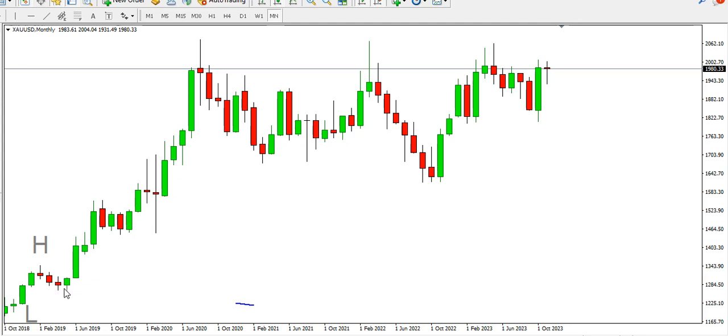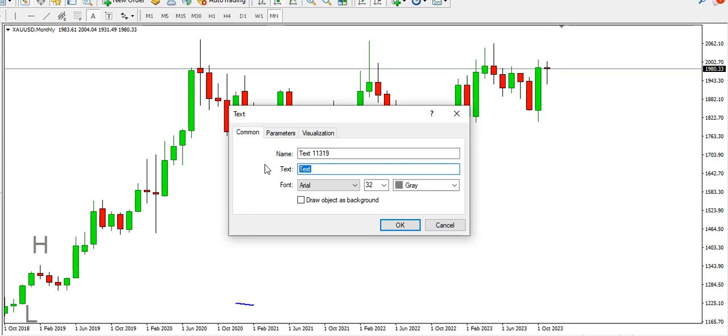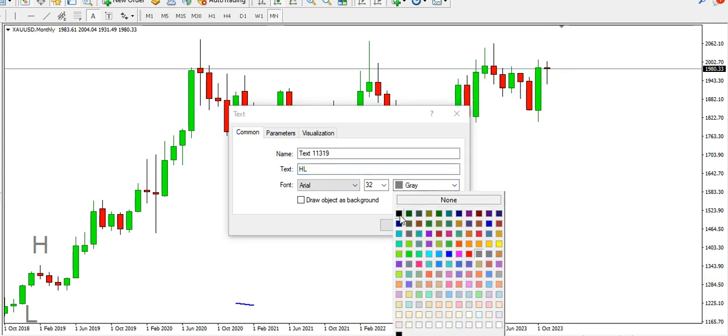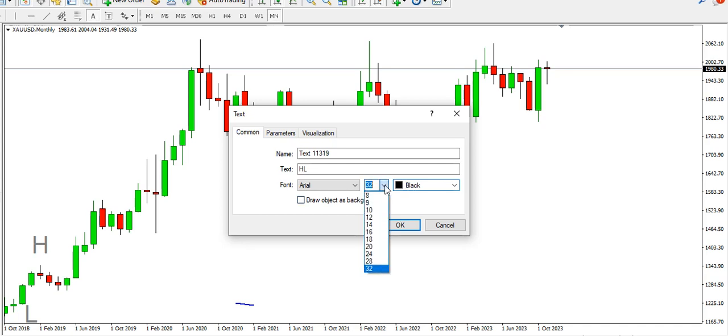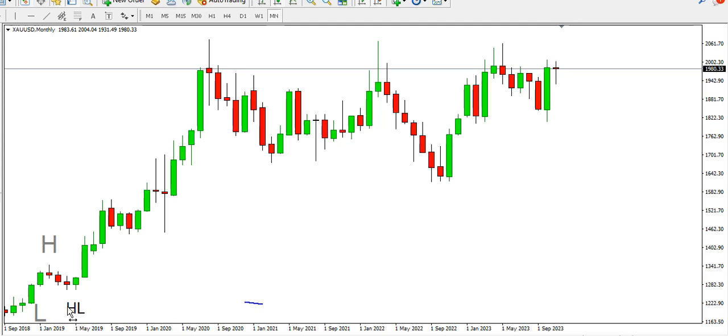This low area is higher than this low area, so we can put our HL here, higher low. Okay, higher low, HL, and target black, and turn this to 20. So this is our higher low,